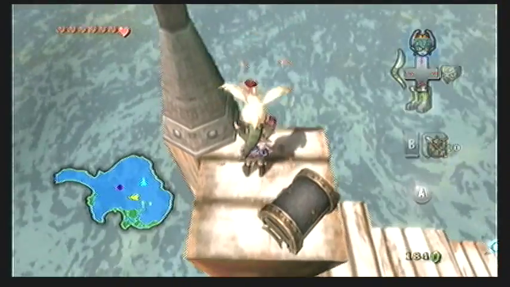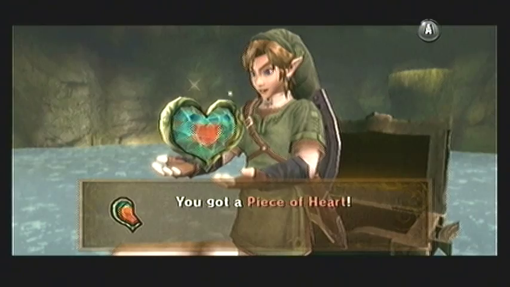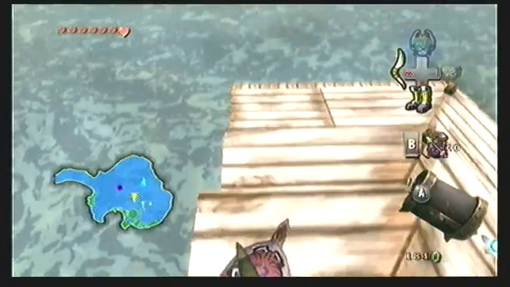What we're really interested in is the one on the second tier, which is actually holding still. Open the chest to get a piece of heart. If you've been following the walkthrough thus far, this should be your 13th piece of heart. So with that, you can hop on down and gather all the other chests, which also contain rupees that steadily